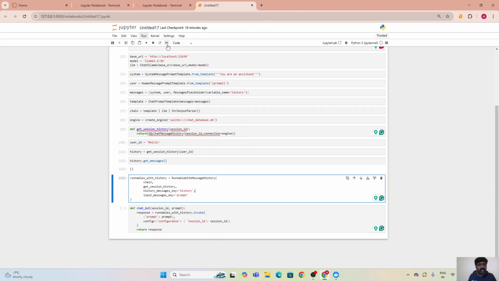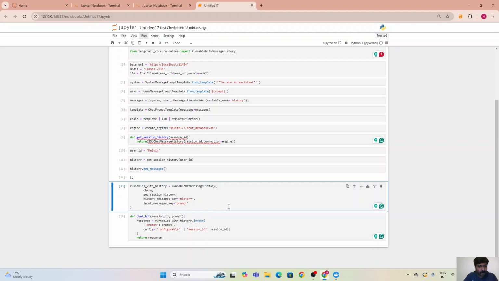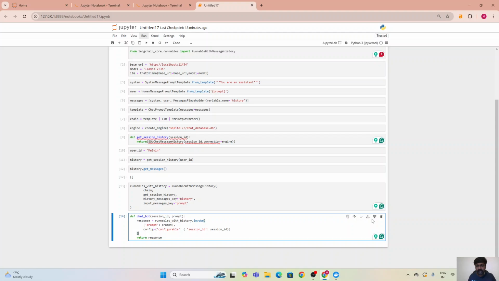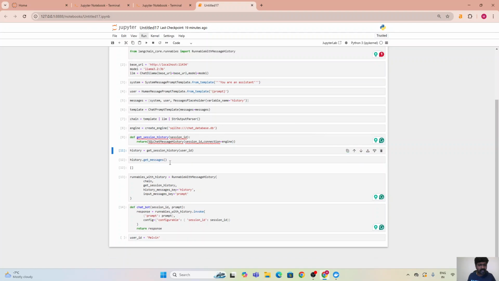Before that, let's run all the functions and see if there are any mistakes in it. All right, so far so good. Next we will execute it. For that, let's do user underscore ID equal to, let's say, Melvin. Let me delete it from here,